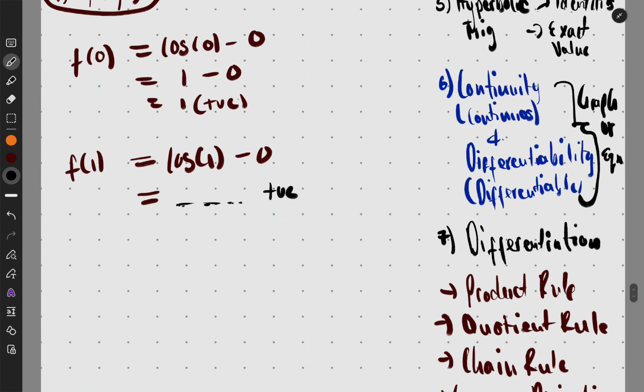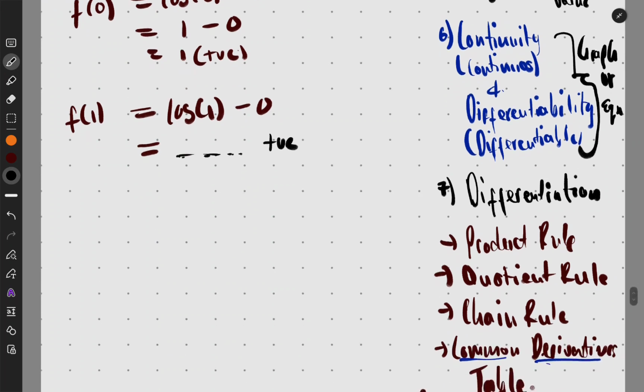I'm punching it. This is going to give me, if it's in rad, 0.54... Let me see what it does if it's in degrees. Let me see if the answer is going to be different. Give me a sec. So either way, even if I use degrees, even if I use rad, for degrees it is giving me